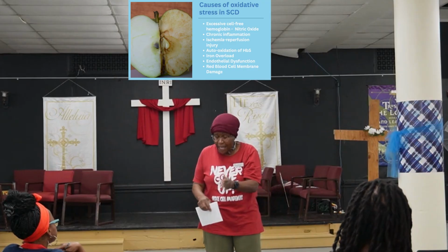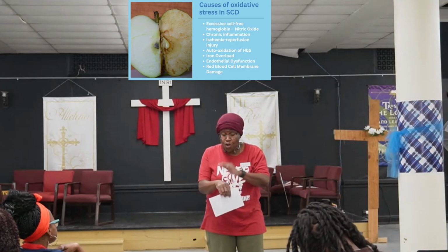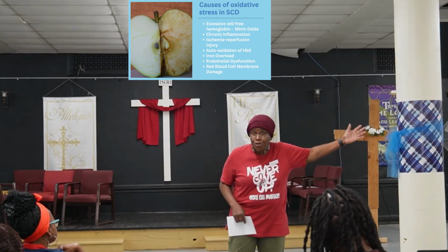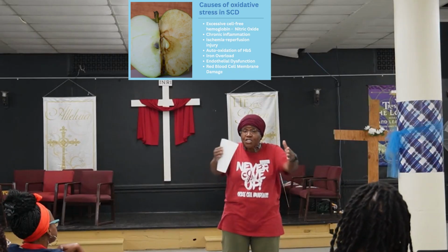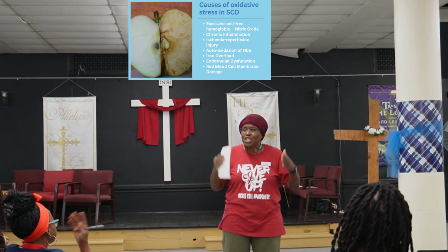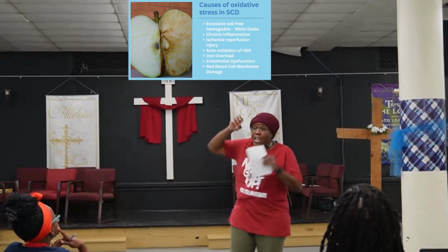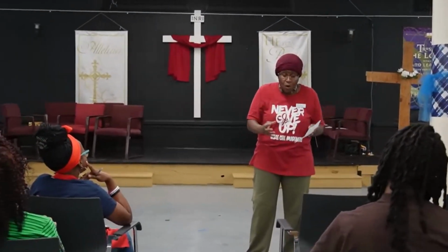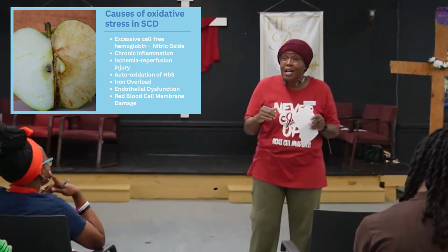Because the ischemia happens when the blood is cut off from that area. That's the ischemia part. So vaso-occlusion causes ischemia. No blood flowing to that area. Then we try to move out those cells to kind of open up the blood flow, but in doing that, we rush that oxygen in and that causes additional damage. Crazy, right? So that damage to those cells, what did I say before? When those cells are damaged, regular tissue cells, red blood cells, all those particles leave out of that cell and cause oxidative stress.